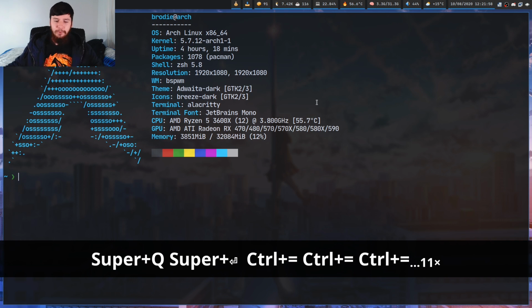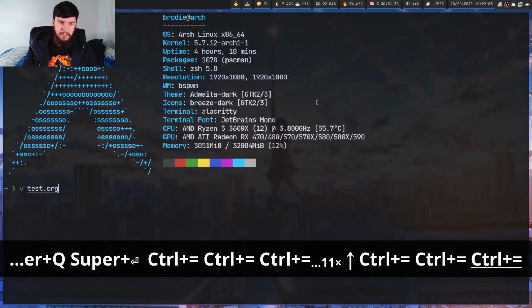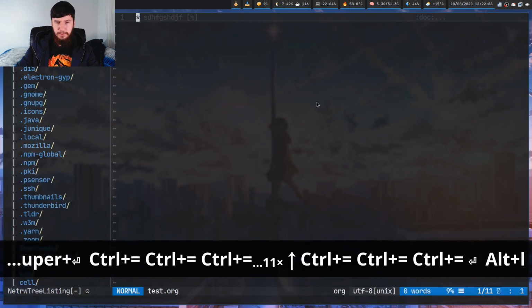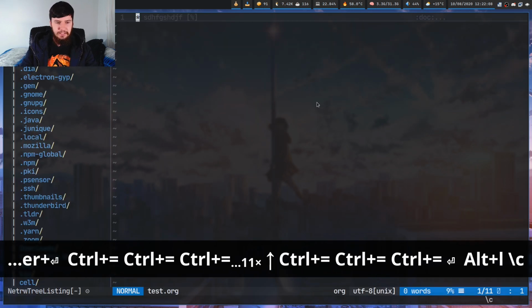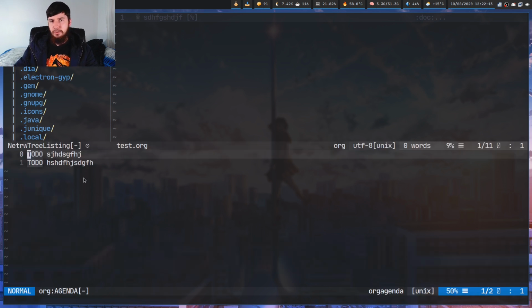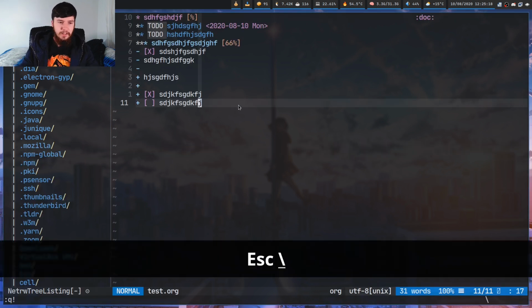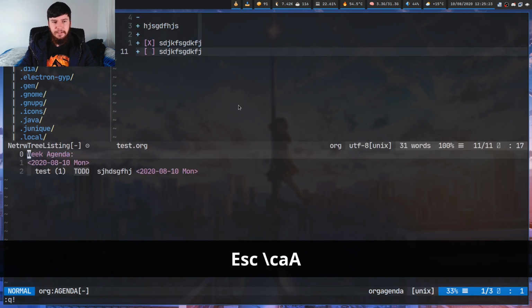However, we don't have all hope lost. We can still do local to-dos. So if I go back into org mode and I do local leader CA capital T, as you can see, that will then show us all of the to-dos in our current file. And luckily, it also works for the weekly agenda as well. So if I do local leader CA capital A, as you can see, it shows all of the dates in the current